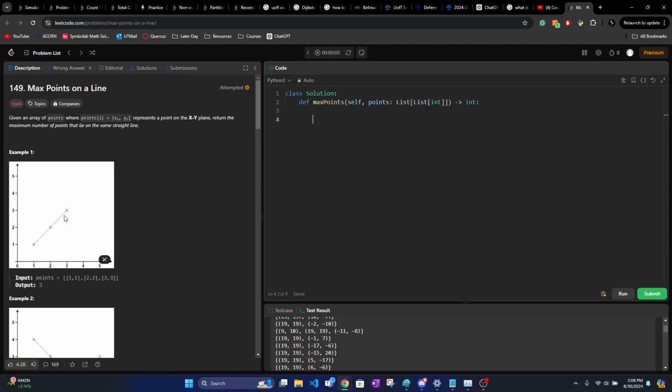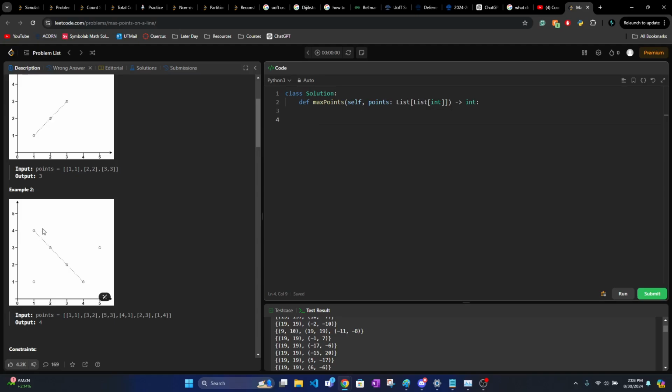So for each point, we can look at the others and check how many of them have the same slope to this one point. So if I look at this point right here, I'm going to check all the other points. So this is going to be an O of n squared algorithm. So I'm going to check this point, and then we'll look at this point. This is going to be a slope of infinity